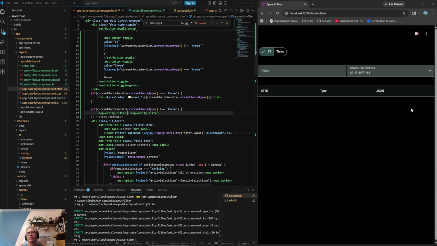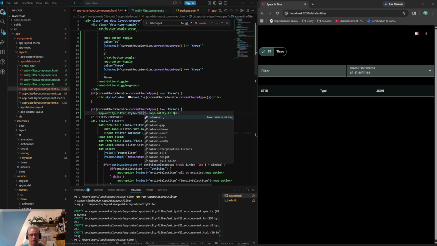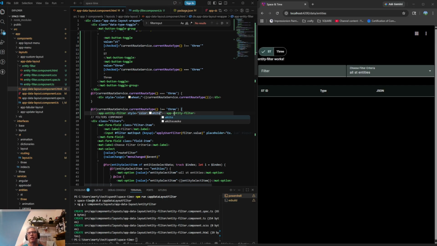And I believe it should show up. I would have thought it would have shown up in between here. I don't know where it's showing up. Let's see. I wonder if I can do this style color. I've never actually tried to do this white. Maybe I have, I don't remember. Okay, so that's where it's showing up, even though it seems like it should be showing up inside of the